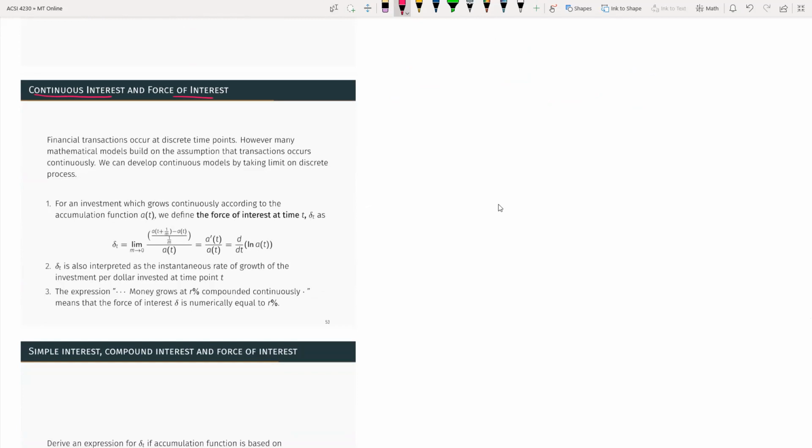Financial transactions occur at discrete time points. However, many mathematical models are built on the assumption that transactions occur continuously. We can develop a continuous model by taking a limit of the discrete process. So we are going to take a limit of the discrete process. Here you can see the accumulation function A(t), and we are defining the force of interest. The way it defines a limit, m goes to 0, you have the accumulation function,